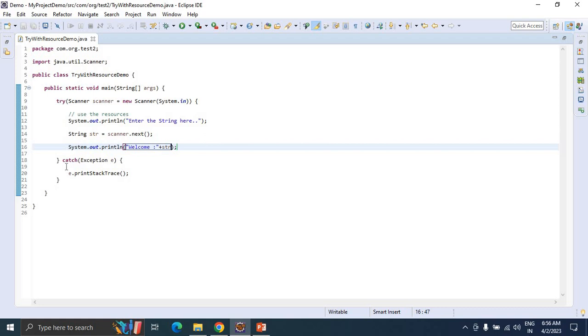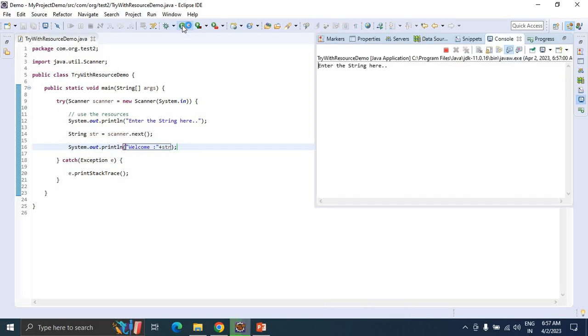First of all, we are not closing any statements here. As soon as we declare the resources and use them, we would need to close all the resources in the finally block, right? But in this case it is not required. As soon as it reaches the end of the statement, the try with resources automatically closes it, and it will be available for other statements. This is the beauty of using try with resources. And let's try to run it.